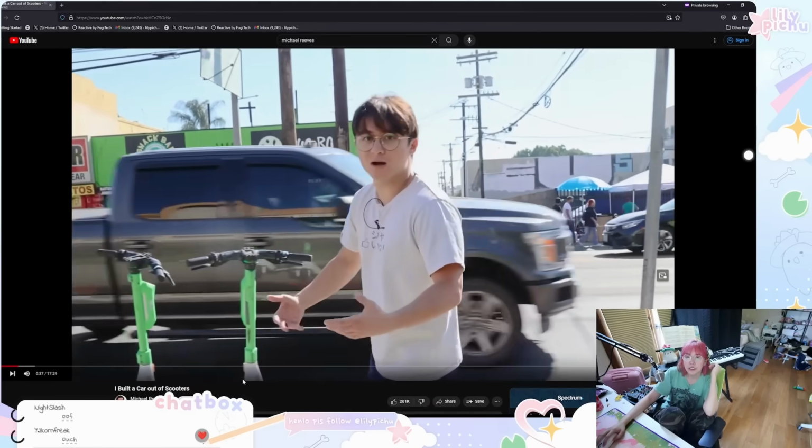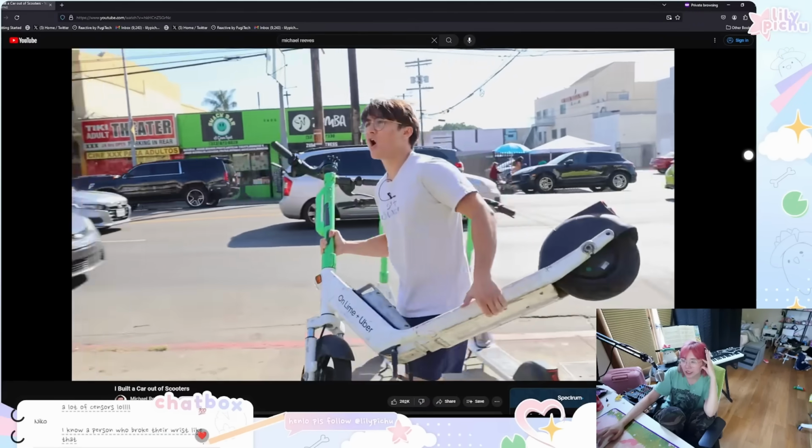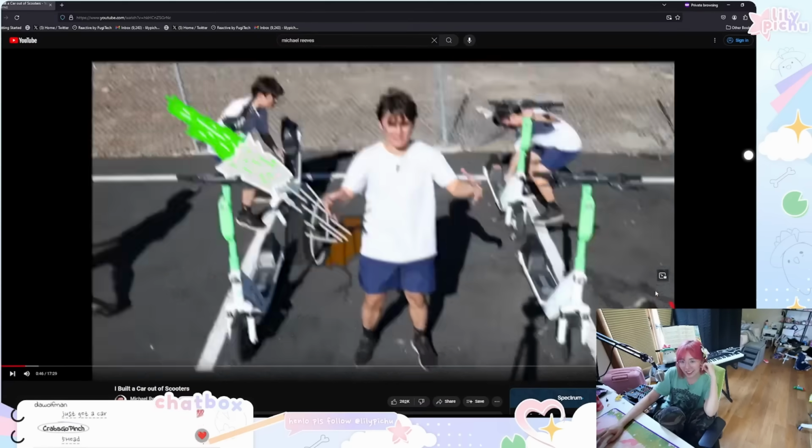Now, when I say build a car out of electric scooters, I mean it metaphorically. But I also mean it literally. I want to make a car out of electric scooters, where instead of these caveman tires, we slot in scooters, and then I weld